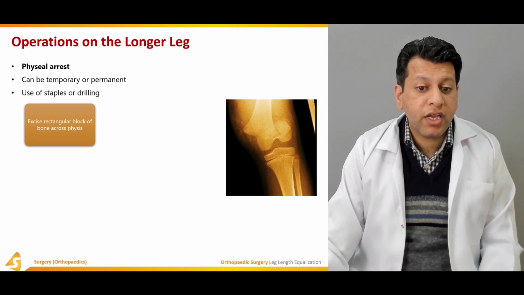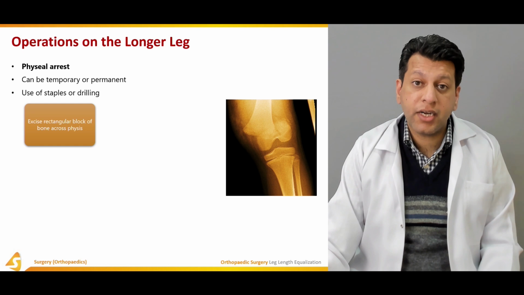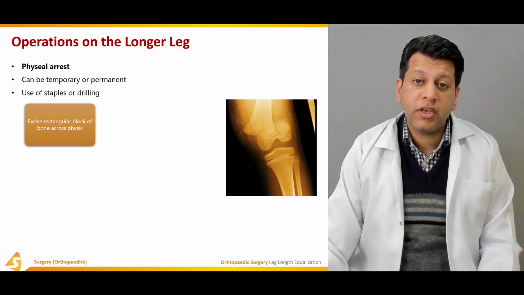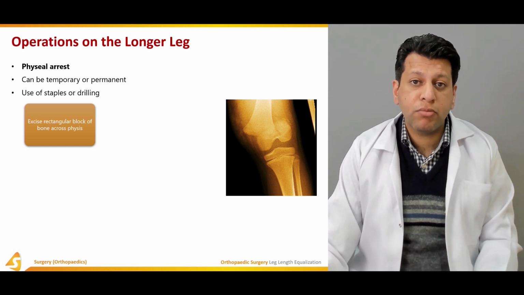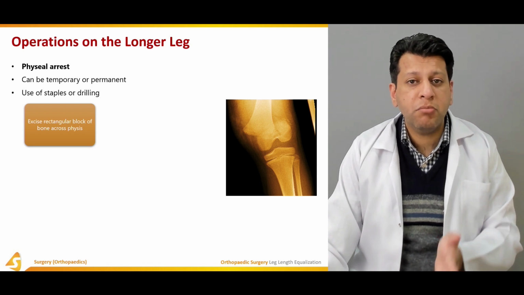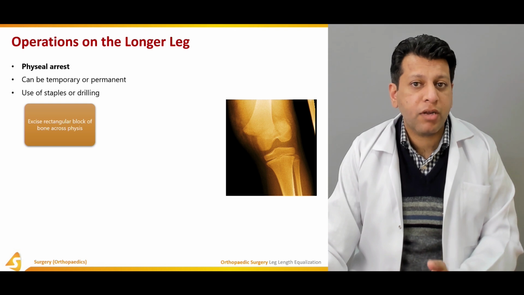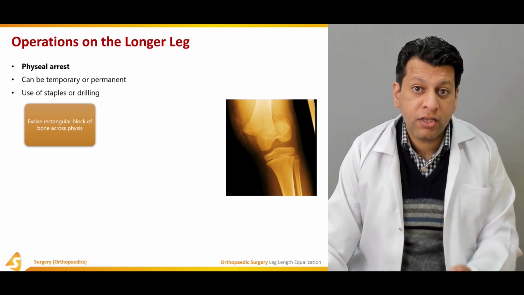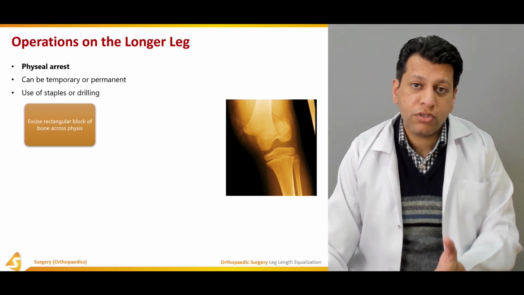Usually excision of a rectangular block is done, but only if this physeal bar is actually a problem and there are less than 2 years of growth remaining. For example, a female child who comes to you at the age of 12, or a boy who comes at the age of 14, has less than 2 years of growth remaining,